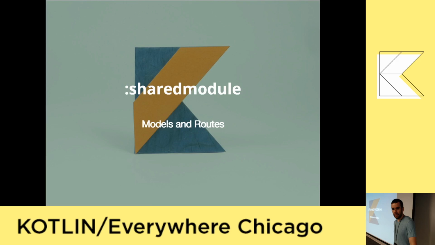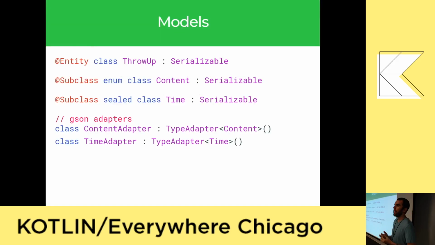The more interesting one is the model part. Here we just have basically all the models required. You can see we can use classes, enum classes, field classes. These annotations are from a library called Objectify. I'll go over that a bit more later. That's going to be for how we talk to our database. An entity is just a root class, and then subclass is kind of what it sounds like. But here, again, since we're all on the JVM, even though we're full stack, we can just use JSON. So I can use a couple of JSON adapters to help parse my enum and field classes.